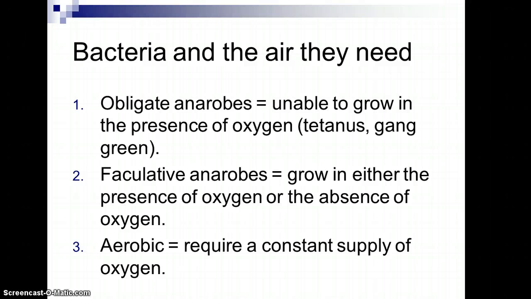Facultative anaerobes can grow in the presence of oxygen, but they don't have to have oxygen, and oxygen doesn't harm them. And then there's the aerobic bacteria. They require a constant supply of oxygen. And as you guessed, we are aerobic organisms. Anything that needs oxygen to make energy is aerobic. But bacteria, some are obligate anaerobes. Some die in the presence of oxygen. Facultative anaerobes don't need the oxygen, but it doesn't hurt them. And then there's the aerobic bacteria. And again, this is why they can survive in almost any place on this planet, including in you.